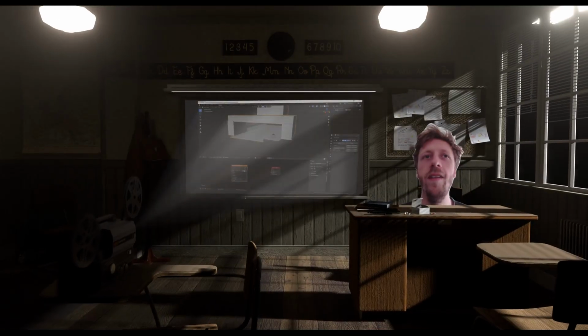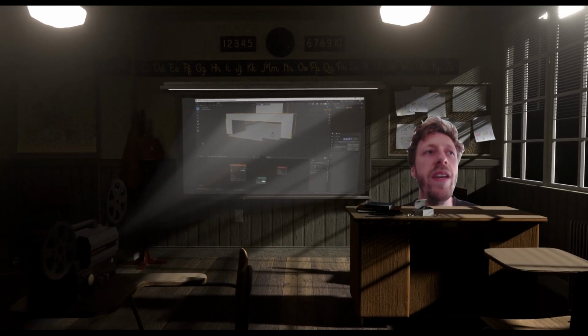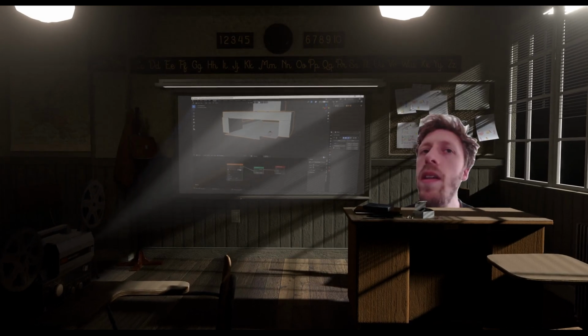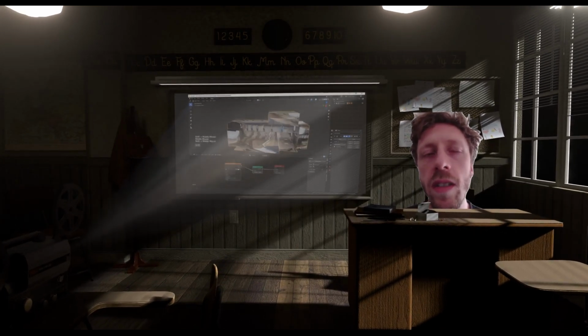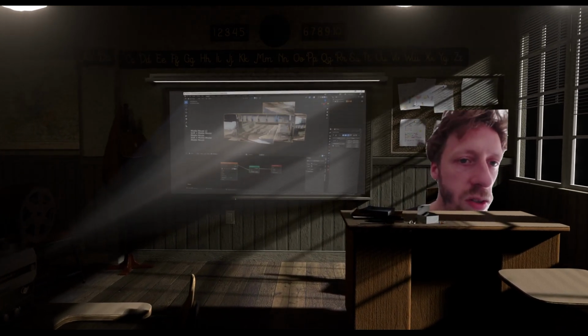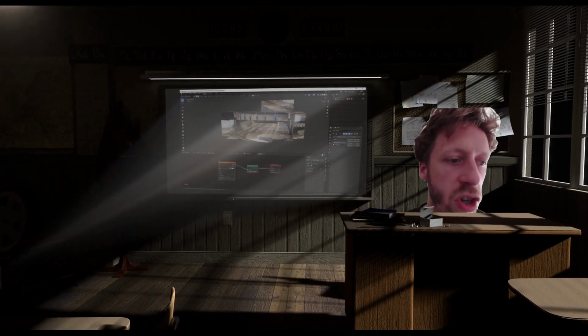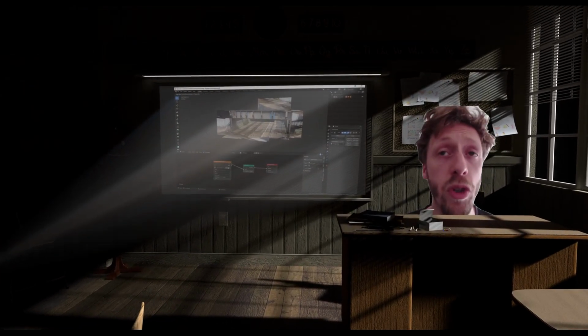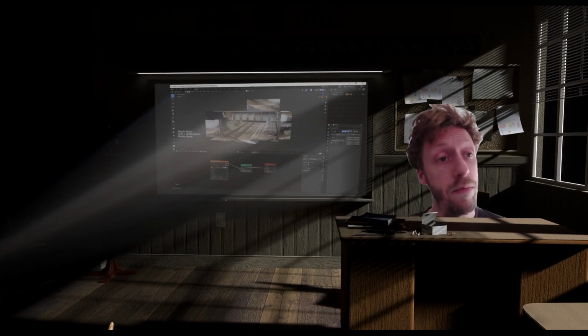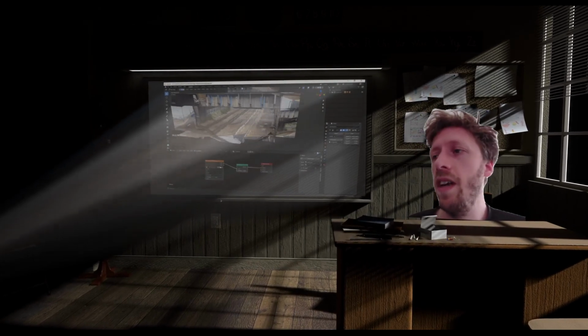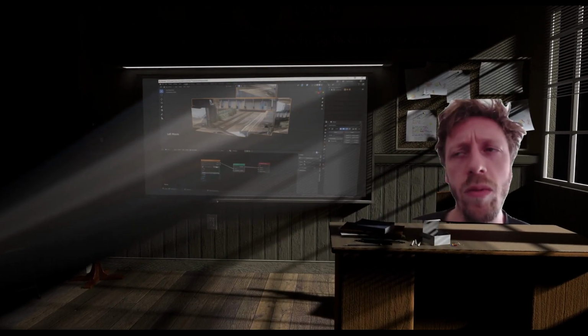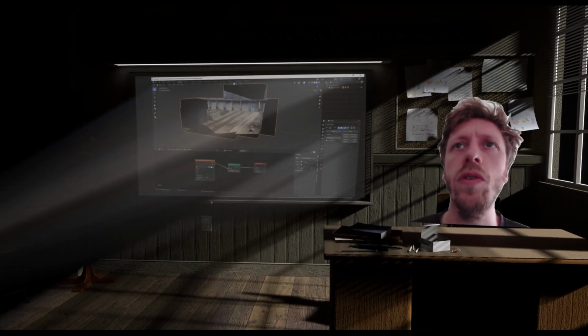Okay, so a little while ago I showed you a way that you can project an image onto an object from a camera with the camera matched. And I guess you could call this camera projection or camera mapping, maybe even projection mapping. And there's a relatively new Blender extension that came out, which is called